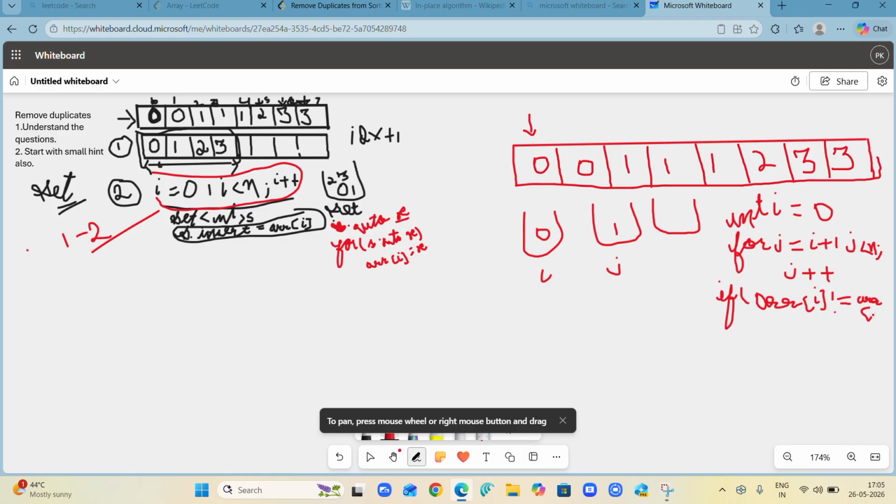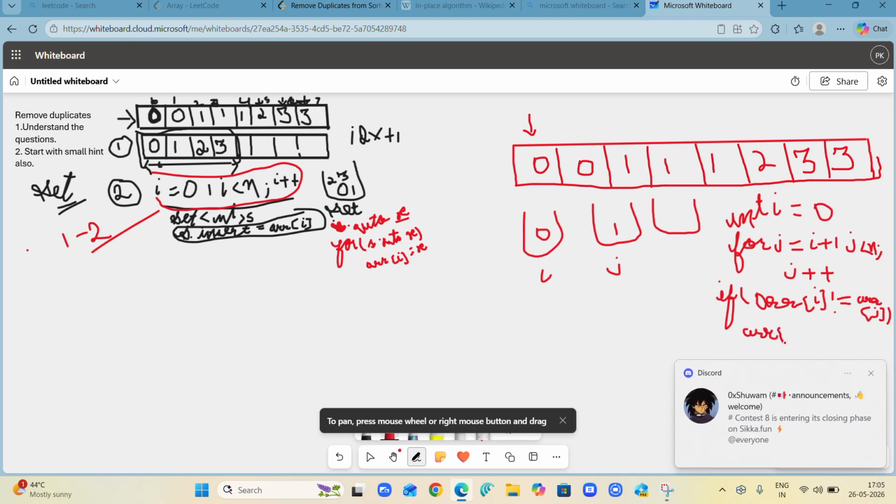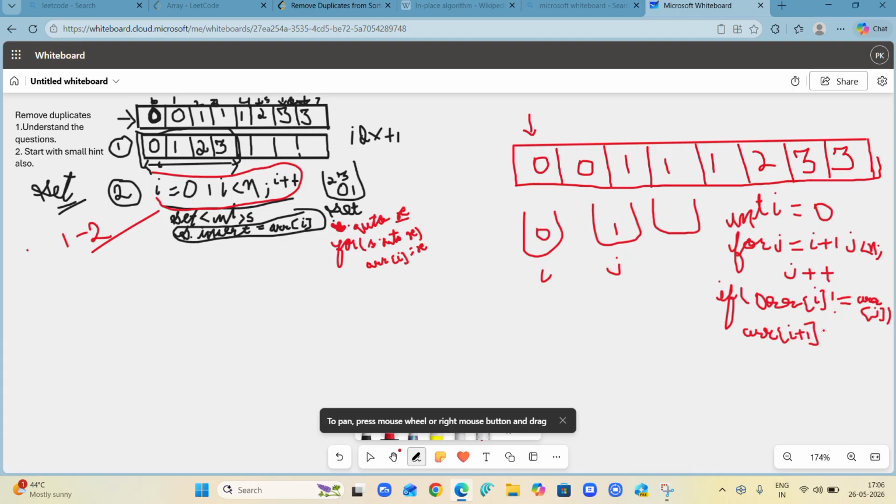just get my writing, okay? Because I'm saying it, it's not just that I'm writing and you're not getting it. So if my array of i and array of j are not equal, then I can do this. For the next position, array of i plus 1, the next position, because I would want that next element which is not equal, to come right beside me. So array of i plus 1 equals array of j I can do,